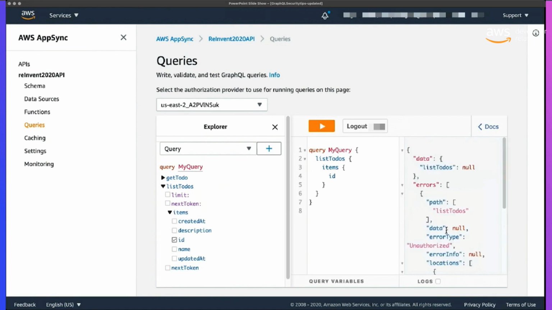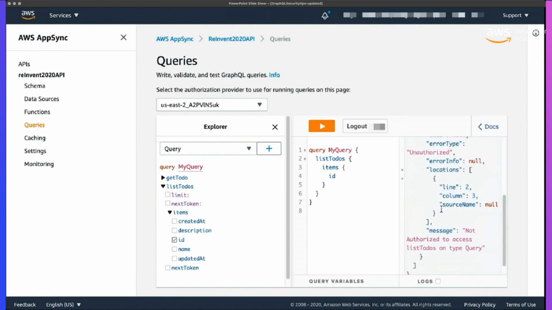If I run list to-dos, you can see that there's an error, because list to-dos is not something that I'm authorized to do inside the Cognito user pool, because I haven't added that access control of Cognito user pool for list to-dos. I only added it for get to-do. So you can see how granular that access control is.